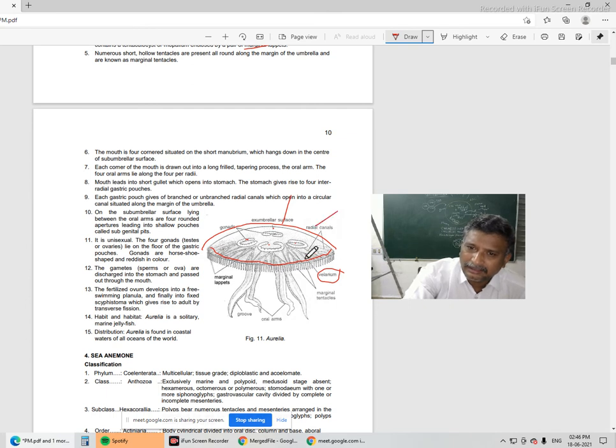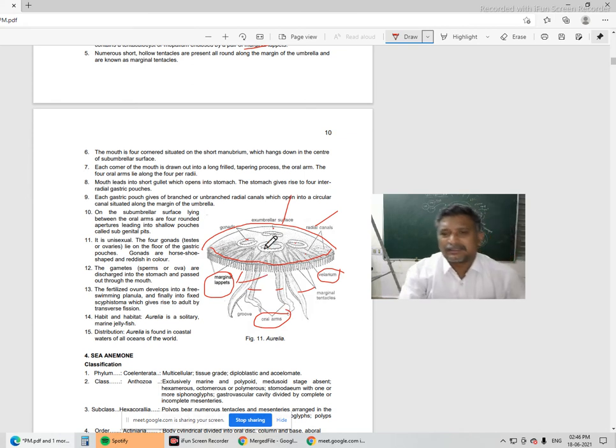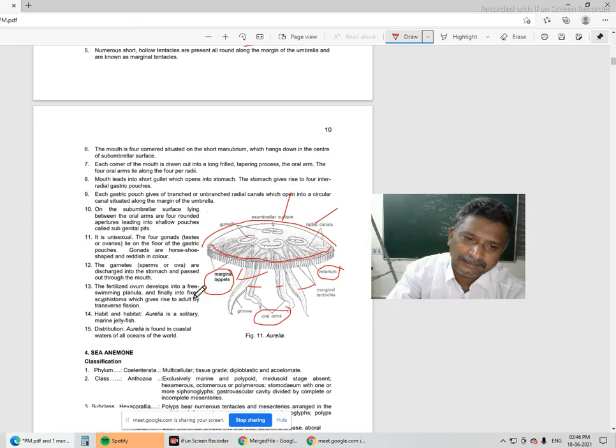They are called radial canals. Marginal lappets will also be there in this area. Now these are 4 arms, 1 2 3 4. 4 oral arms are there. They come from near the mouth. So based on the presence of 4 oral arms, umbrellar shape, 4 gonads, and velum, based on all these characters, that spotter may belong to Aurelia.